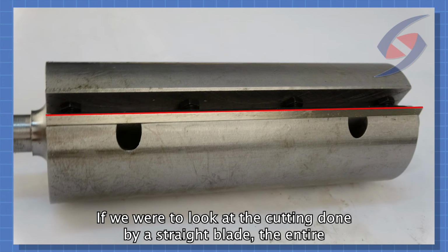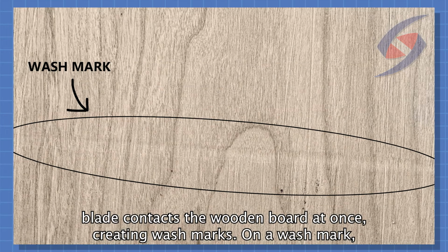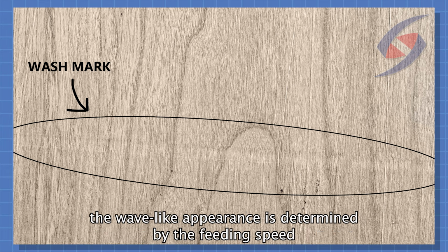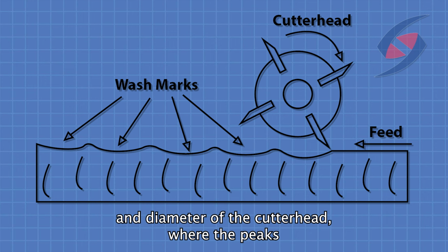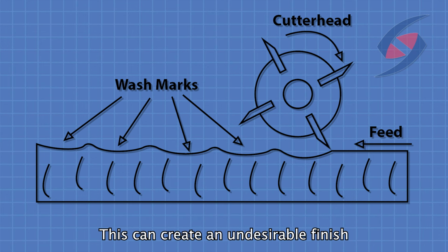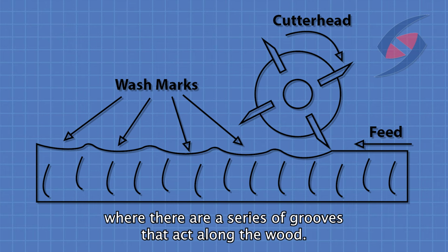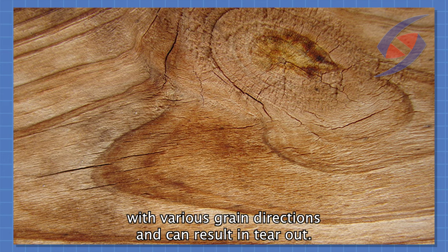If we were to look at the cutting done by a straight blade, the entire blade contacts the wooden board at once, creating wash marks. On a wash mark, the wave-like appearance is determined by the feeding speed and diameter of the cutterhead, where the peaks and troughs are generated by the gaps between the blades. This can create an undesirable finish where there are a series of grooves that act along the wood. It can also be a challenge to use a straight blade on wood pieces with various grain directions and can